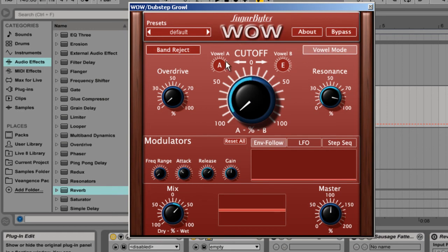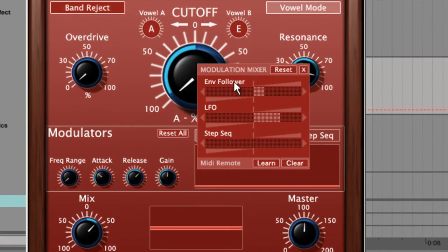We're using A to E. Just a little bit of movement there. The kind of sound, resonance, point all the way here, 70, 80, something. Overdrive, don't use that. Use the band reject filter. We're gonna be using vowel mode as well. Yeah, dry wet around here, and envelope follower there. LFO around